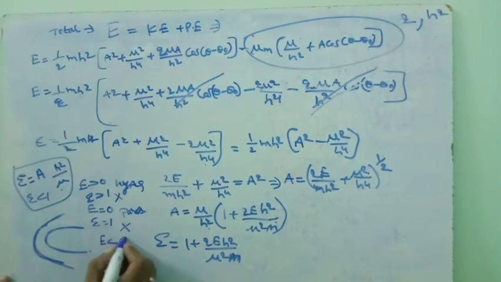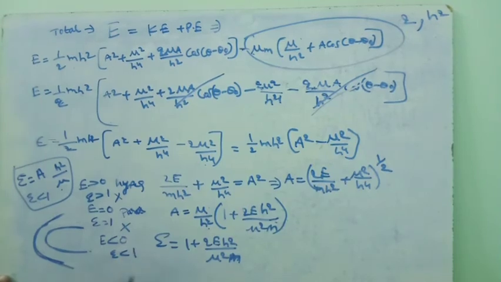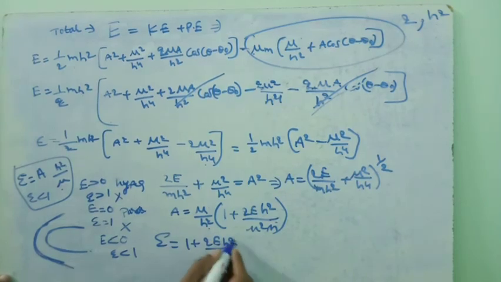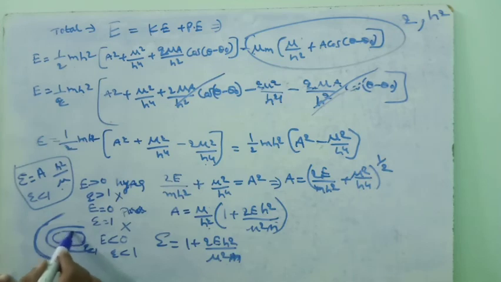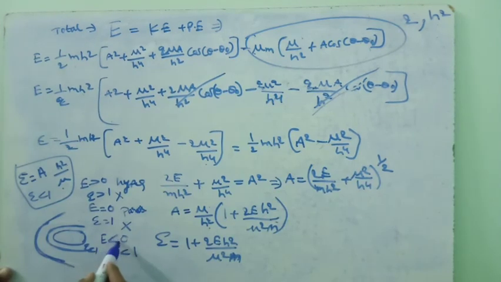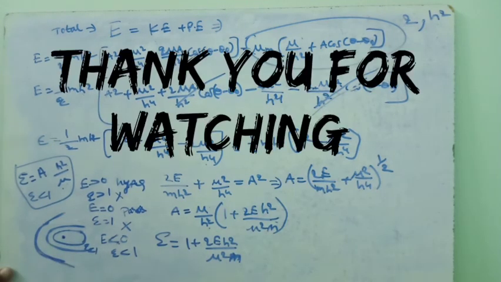If the E value is less than 0, then the eccentricity value is less than 1, which means we get this value completely in terms of minus. So the entire eccentricity value becomes less than 1. Then we will get an ellipse, whose eccentricity is less than 1. That's why we can say that planets are revolving in elliptical orbits. That's why they are in the solar system and the energy of the orbit is less than 0. And we can say that the Sun is at one of the foci and all the planets are revolving in elliptical orbits. This is Kepler's law of elliptical orbits.